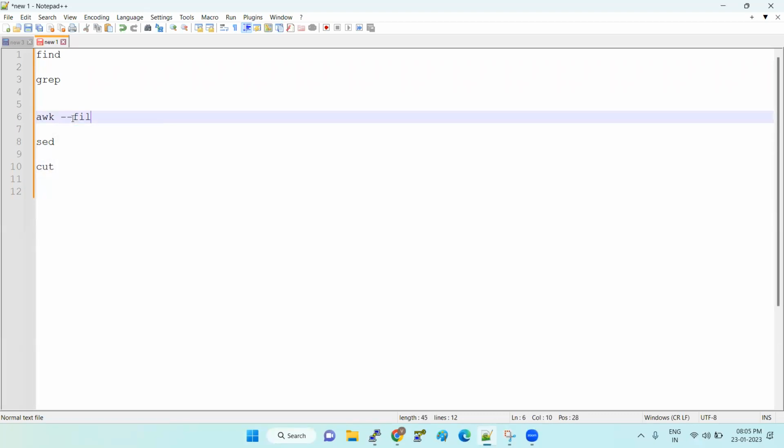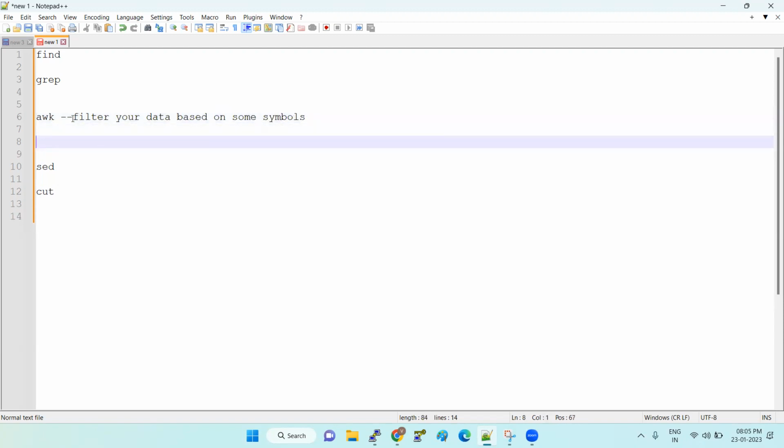If you want to filter your data based upon some symbols, some common things which are there in the particular data, and from that data you want to filter it, for example, you can see. So if you go for the root,